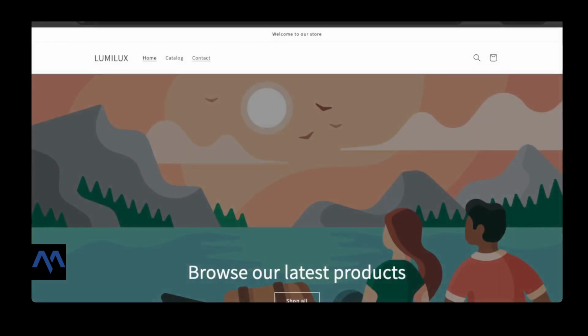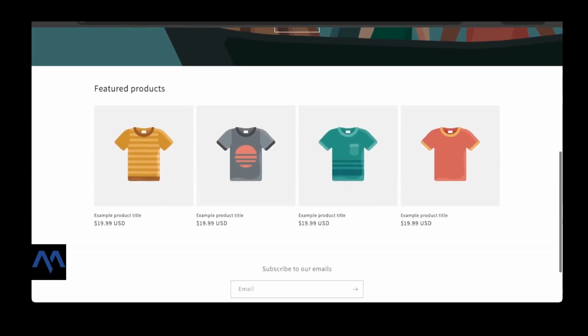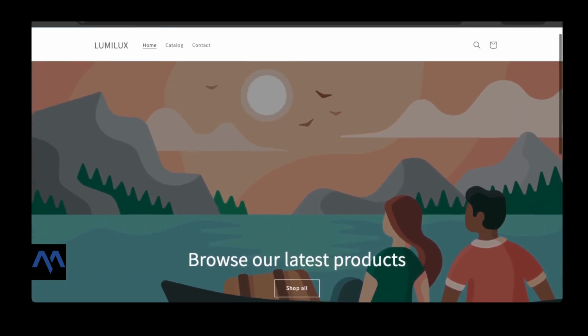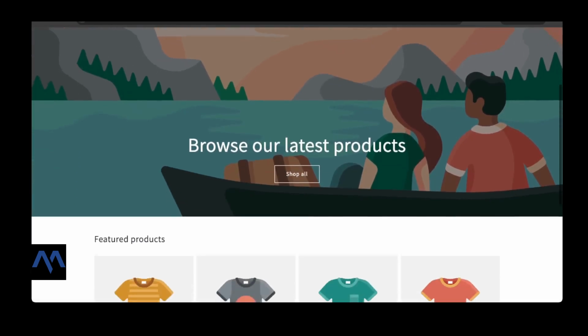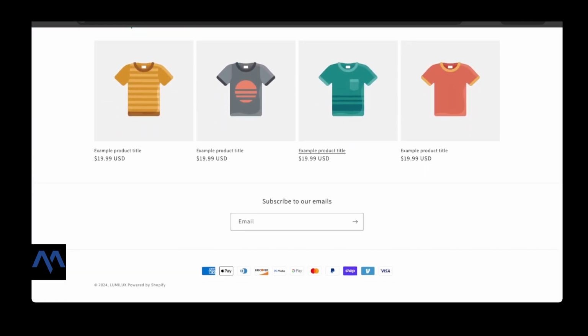You click on it, it opens in a new tab. You see we have Lumilux. It's basic. We haven't done anything with the default theme, so it looks super simple. But this is what a theme really is like. It predefines your layout and then you could customize it. So let's go back